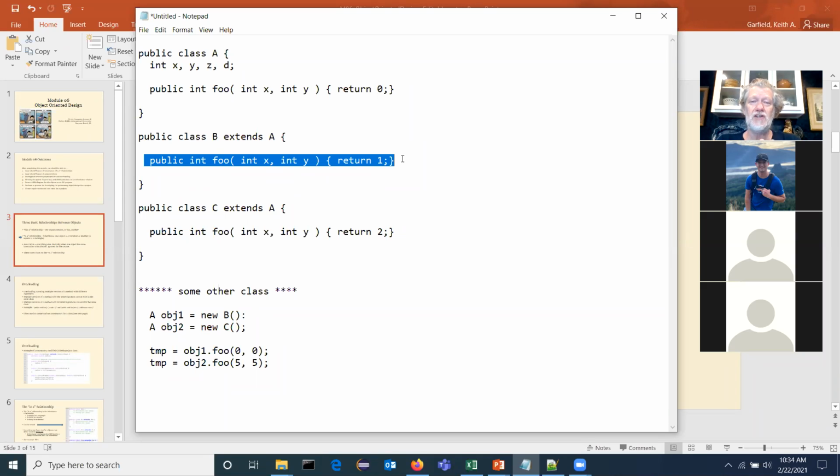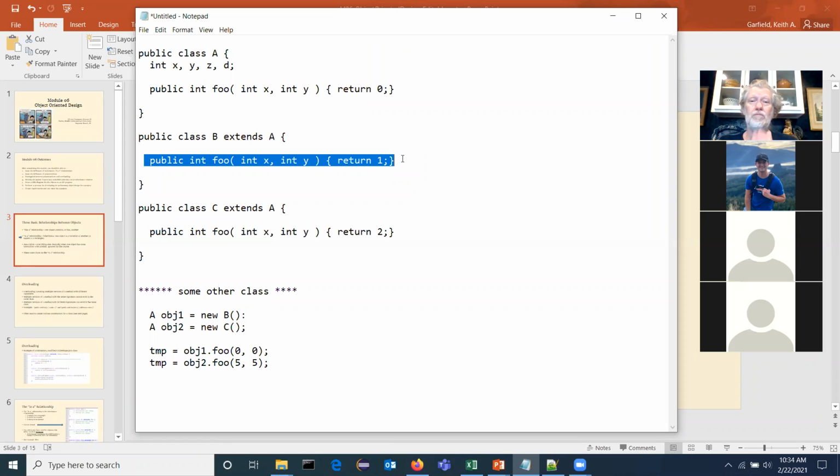Now, I started off this discussion talking about polymorphism versus overloading. Overloading, again, is when you have in one class multiple versions of the same method, but with different signatures. There's not usually many opportunities for that. However, you can build your own constructor functions, and we'll talk about that next week.